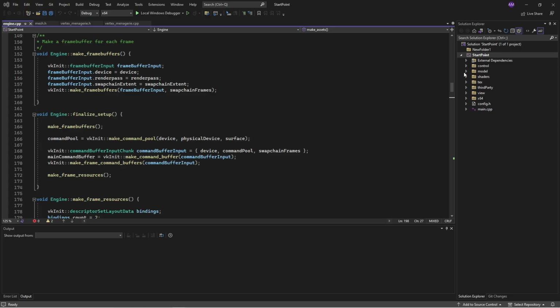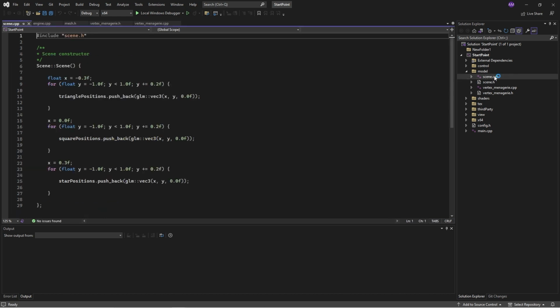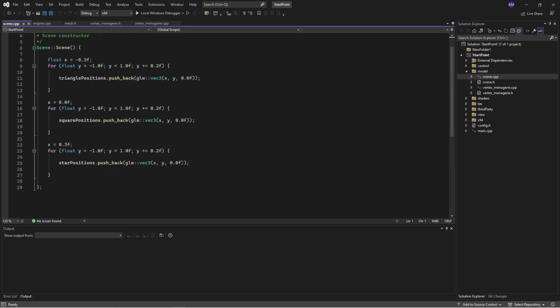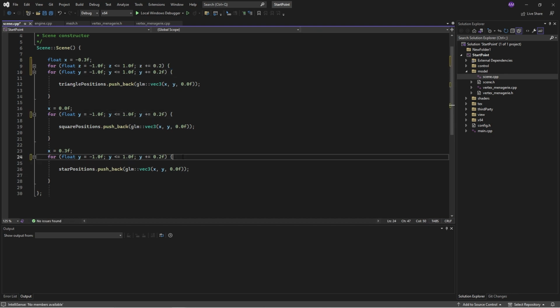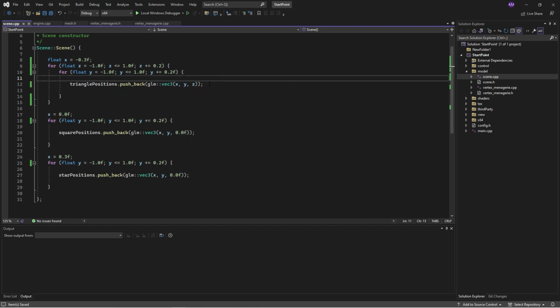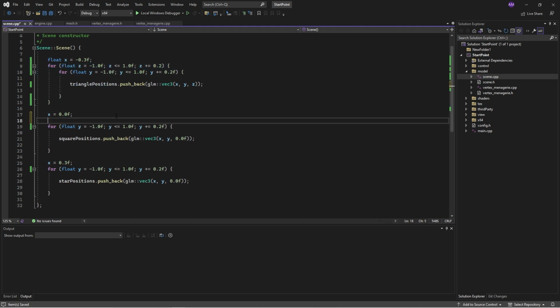Okay, so let's go to our scene, model scene, and over here we are creating all of these positions for these objects. I'm just going to loop along in the Z as well, so we'll create them at different heights. So I'm creating the triangles at a bunch of different heights, and I'll go ahead and do the same thing for all of the other